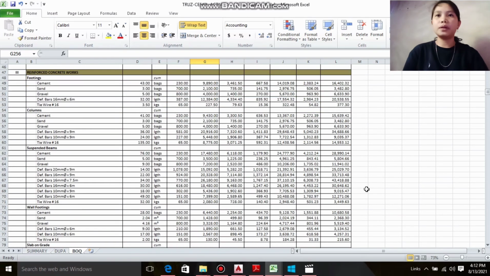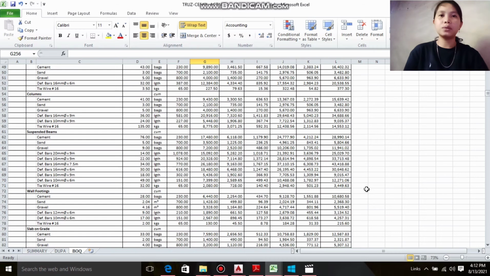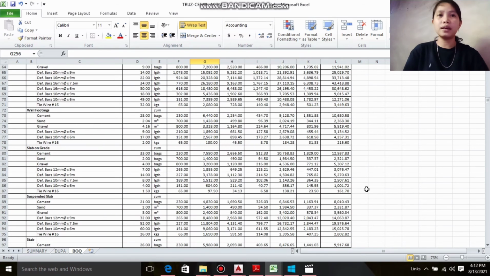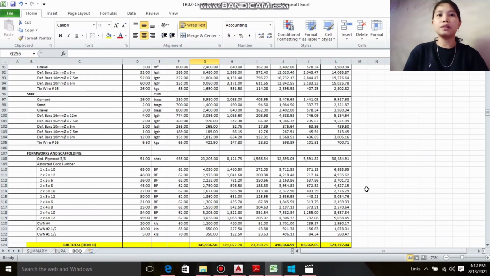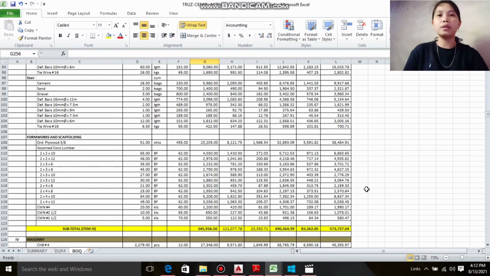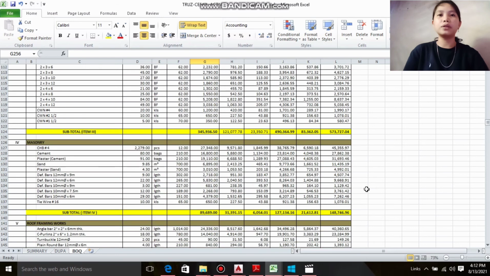Site earthworks 22,159, and the reinforced concrete works subtotal of 573,727.04. The subtotal of the masonry is